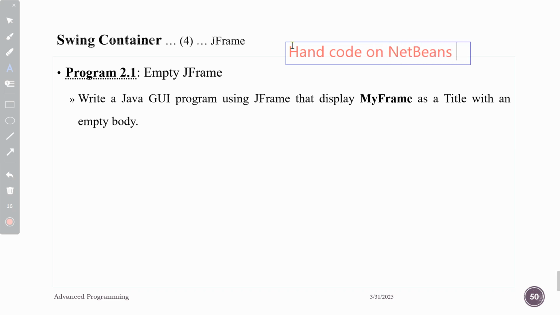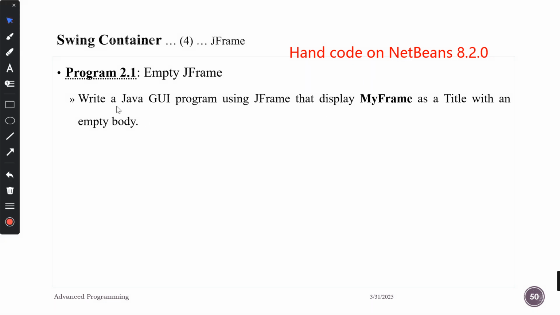NetBeans 8.2.0. As I've shown you in the chapter 1 case, we are going to use these cases. So what does it say? To create an empty frame, write a Java GUI program using JFrame